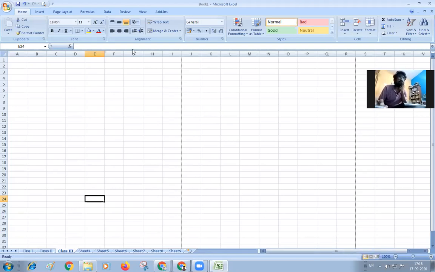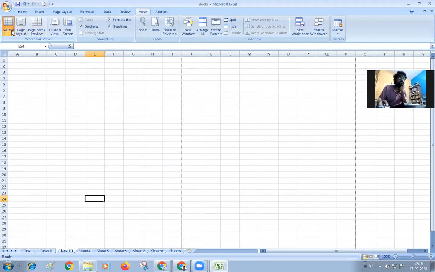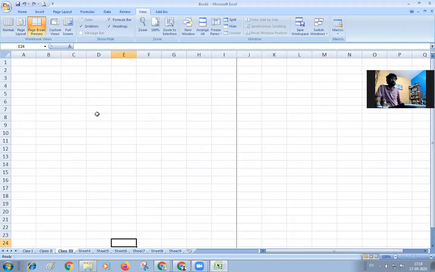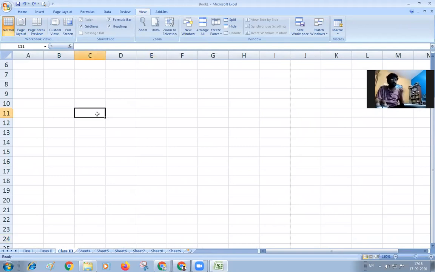These are the options which you are going to see in the view. In view, you can see the normal view, page layout view, and page break view. Those are the shortcuts being given over here as a page wise division. If you want to see page wise, you can see it. Okay. Then coming back to the things, what you have seen now is only the anatomy of the MS Excel window.